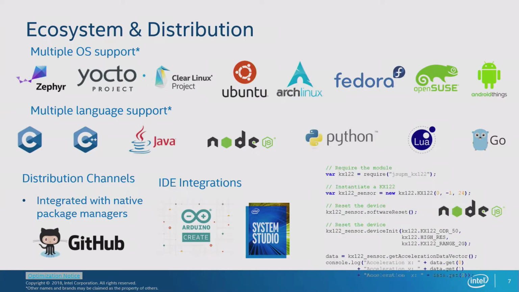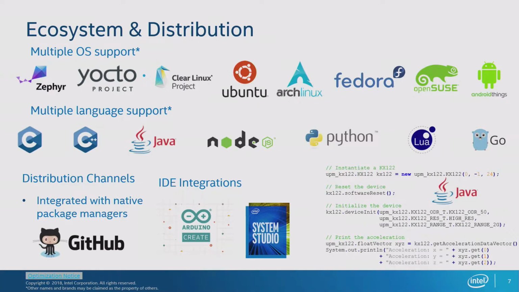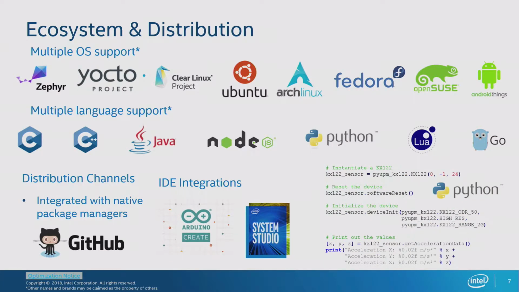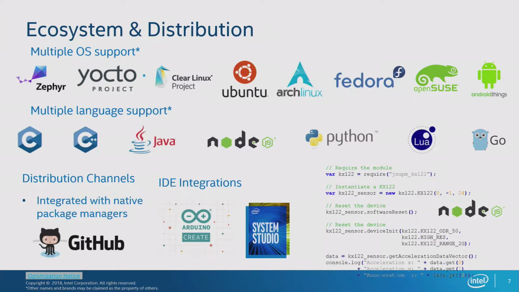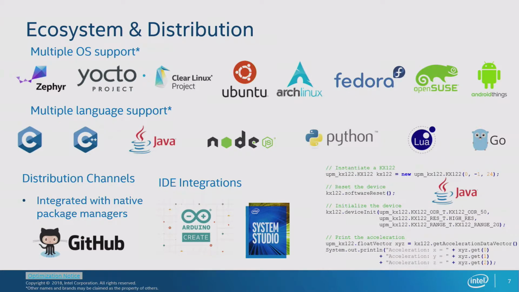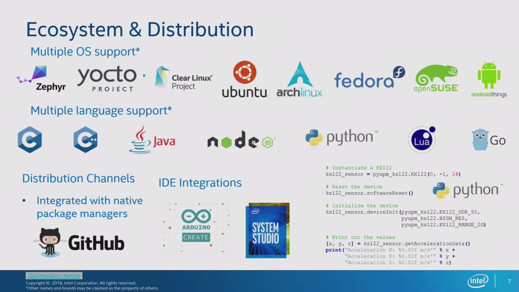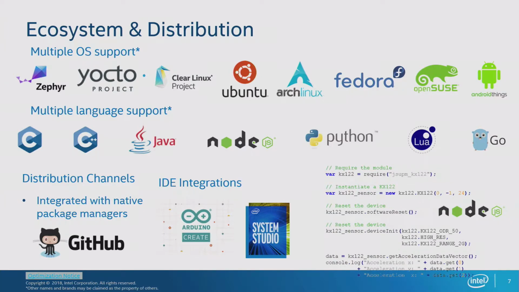So as you're looking at the OS list, you do have two things in there that kind of stand out, right? Over to the far left side, there's Zephyr. Zephyr is a real-time OS, and we support that as well. MRAA and UPM do have, let's call them, sister projects or sub-projects, something like that. There's a spin-off of the libraries that allow you to work on Zephyr if you want to.